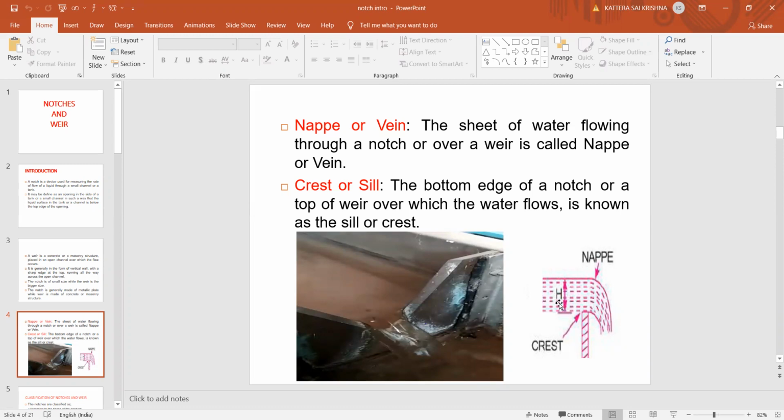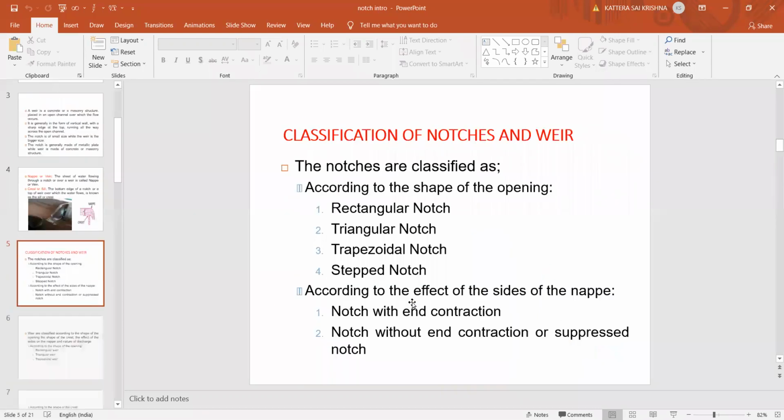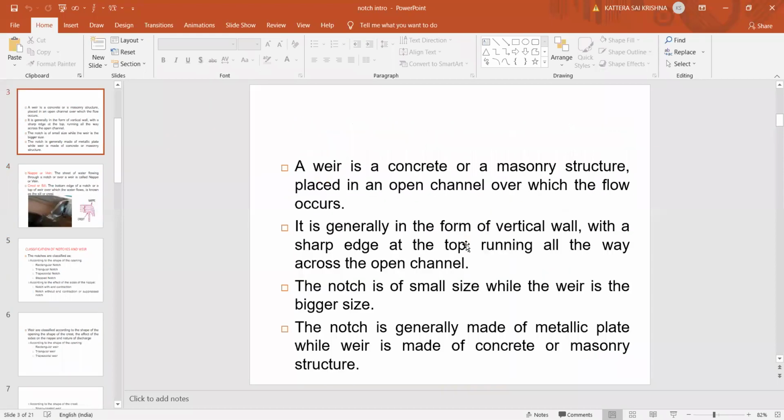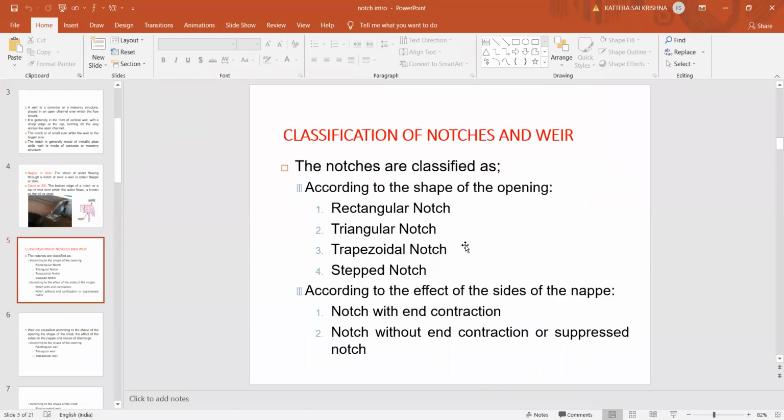Right? So this is a side view of that. This is the position where the mass of water will be, and here there will be different shapes. It is of V shape, nothing but a triangular notch. This is called a triangular notch. In our lab experiment today, we are going to see about the triangular notch only. We are going to find only the coefficient of discharge if you are using a triangular notch. Okay. So if you have any doubt in these three slides, you can ask. Otherwise, we'll go to the next, how it is classified.